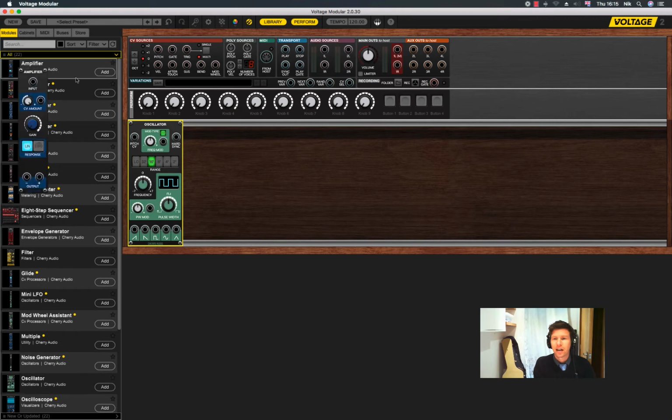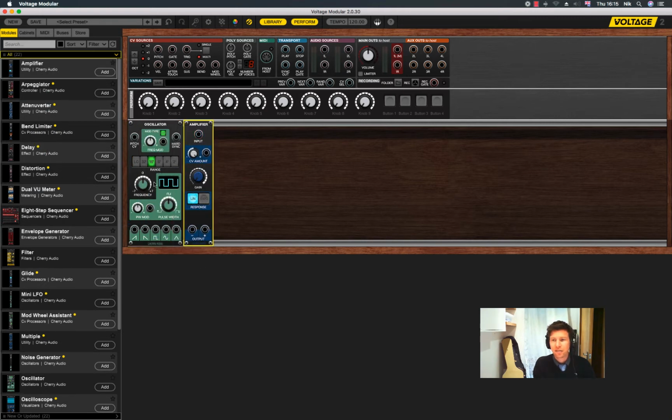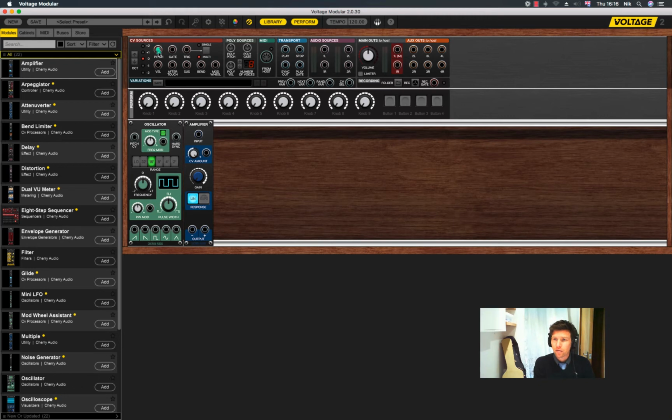and an amplifier. The oscillator is probably the most important part of a synthesizer. That generates the sound. But the oscillator needs to know what pitch to generate the sound at. Now I'm using a little MIDI keyboard that I've plugged in via USB. This detects any sort of MIDI instrument pretty much, and that way I can take the pitch from my source and wire it in to the pitch of the oscillator. That means that when I press a note on my keyboard, the different notes will correspond to a different pitch